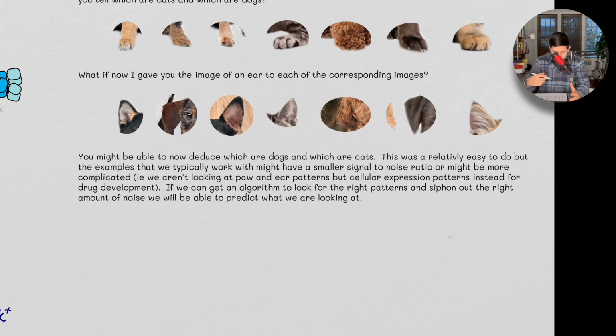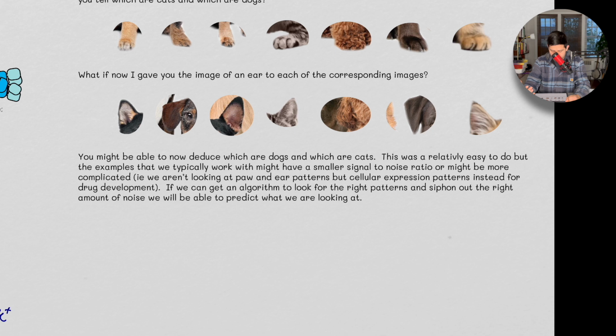But these are examples that we don't really typically work with, right? My grammar here is a little bit off, but the point is that we typically work with things that have a larger noise, larger background. So the signal to noise ratio could be really bad. Ideally, we want the noise to be as low as possible, but the data that we get is going to have some noise. But as long as we have some signal, as long as we can pick up patterns from the signal, then our artificial neural network should theoretically work.